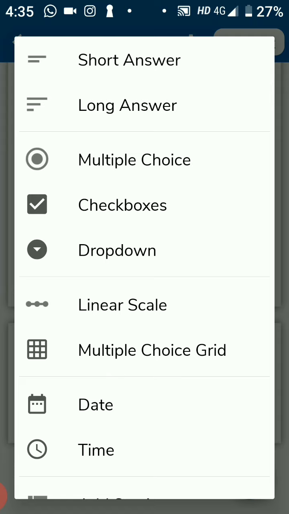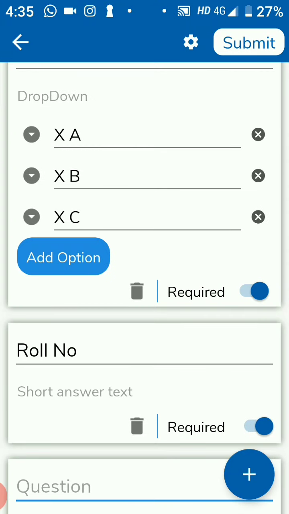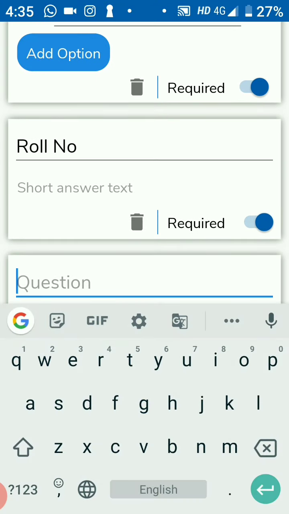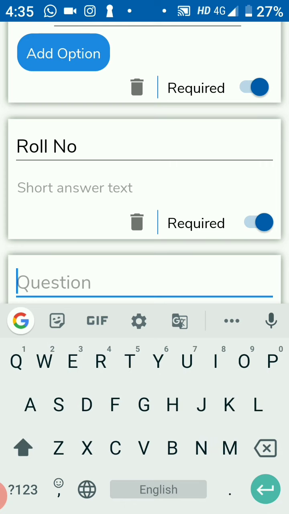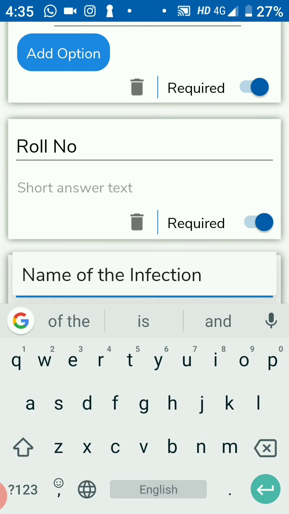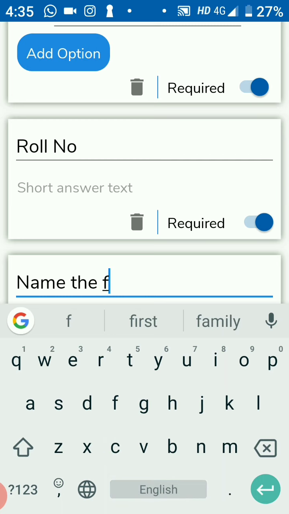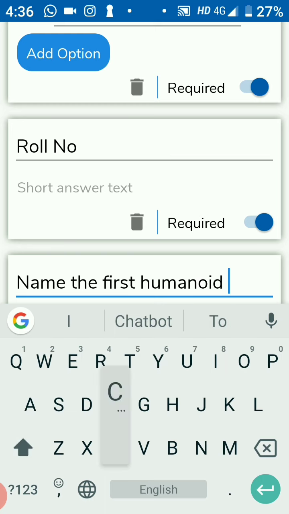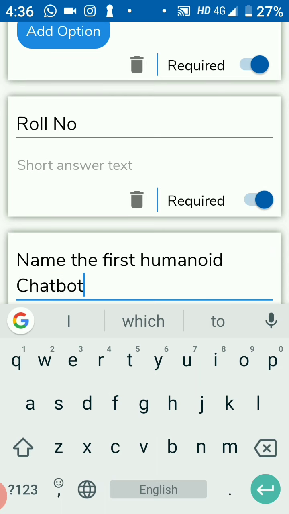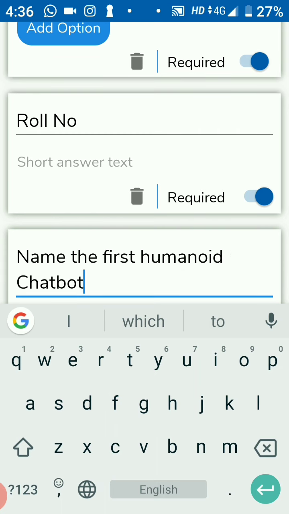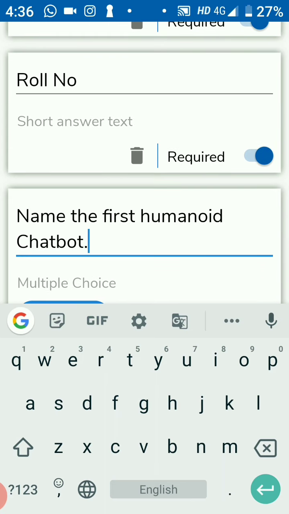So this is an online quiz, so I will select multiple choice question for the questions. The first question is, I am a computer teacher, so I am writing computer related questions. Name the first humanoid chatbot. The question is completed, so I will give choices.